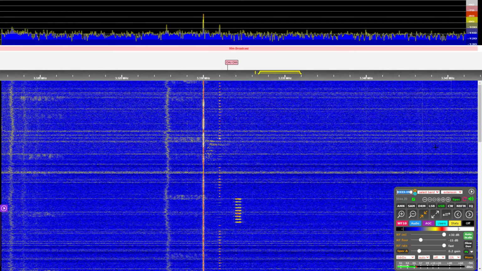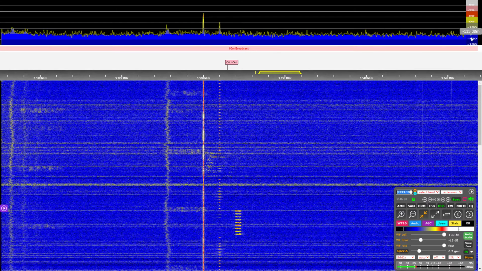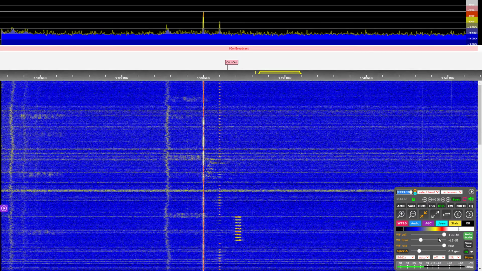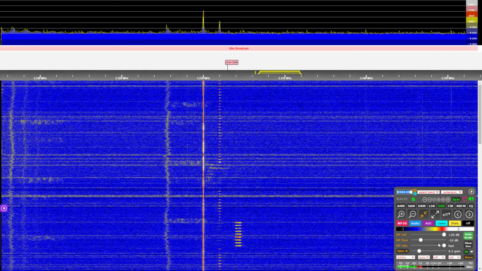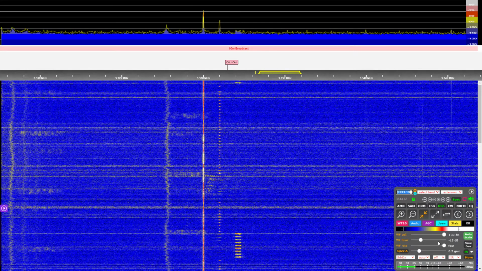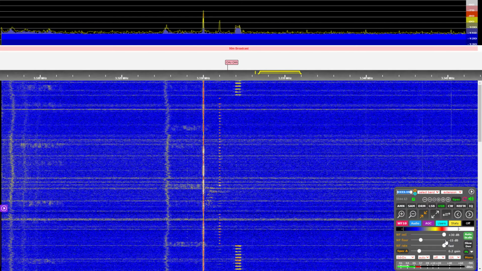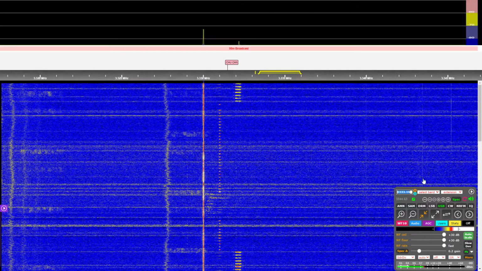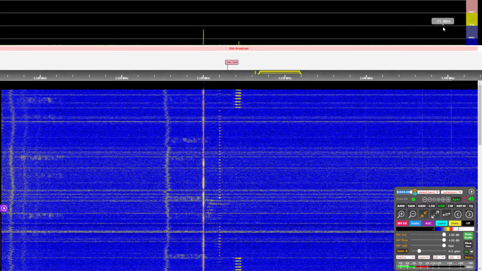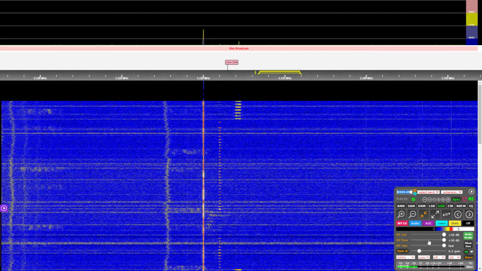You can see it added it so that you can see up to plus 30 dB. And the same with waterfall floor. Click that, and that is way down there. It just chews up too much of the waterfall.